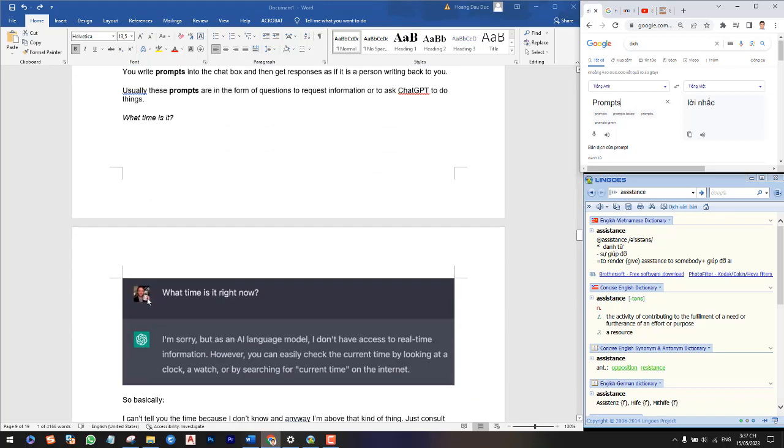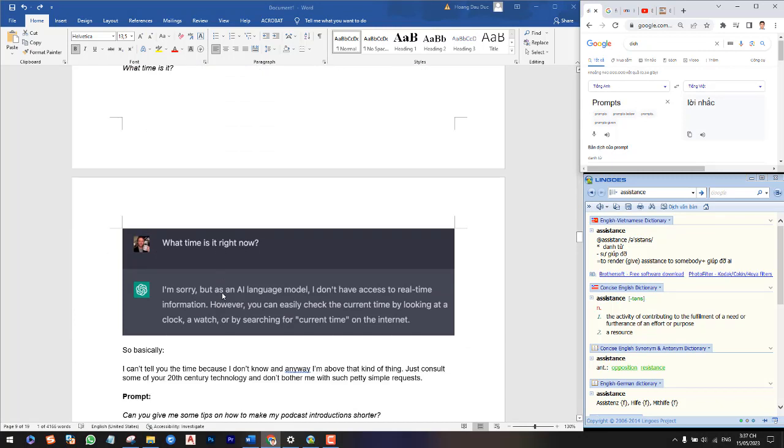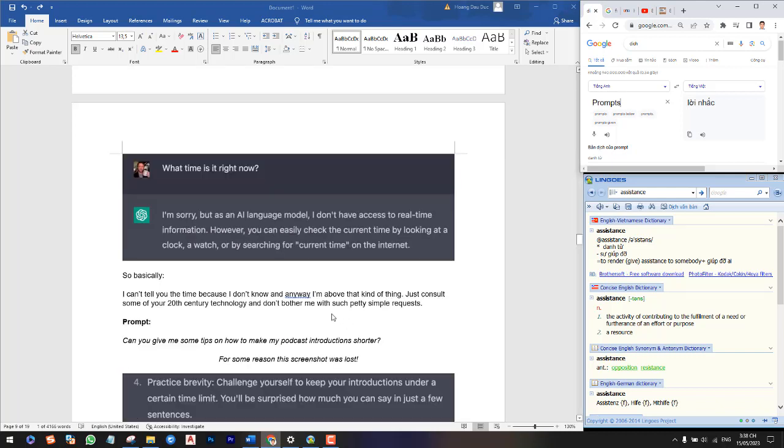What time is it? What time is it right now? I'm sorry, but at an AI language model, I don't have access to real-time information. However, you can easily check the current time by looking at the clock or watch, or by researching for current time on the internet. So basically, I can't tell you the time because I don't know, and anyway, I'm about